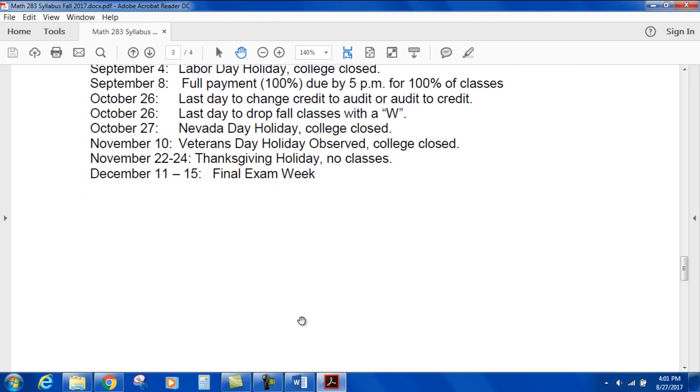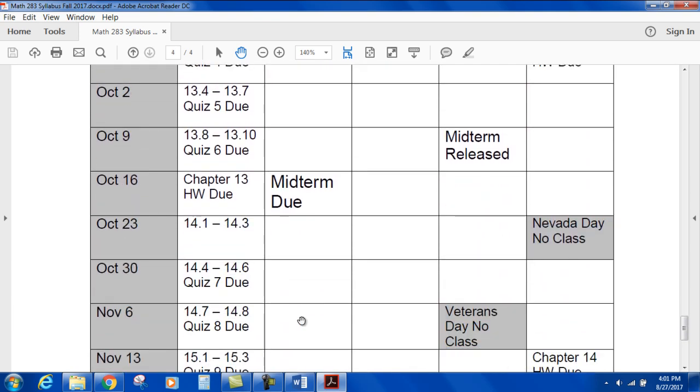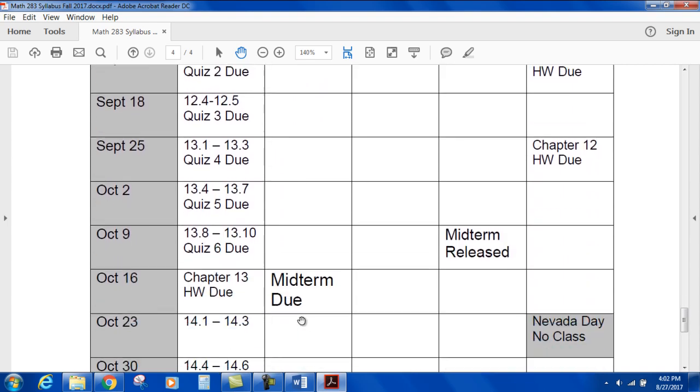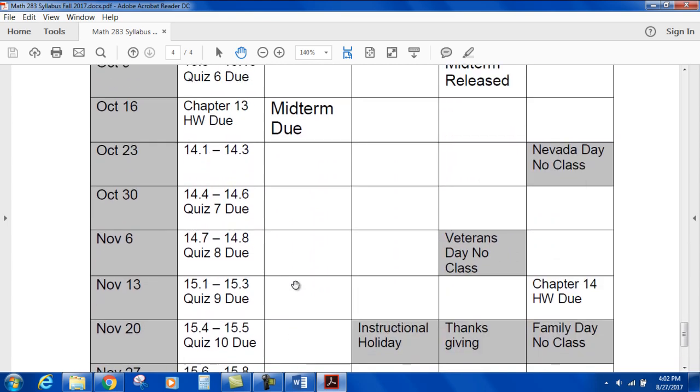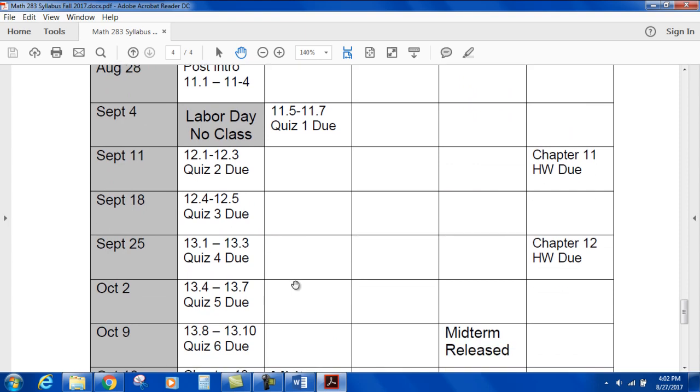There's a list of important dates, and here's our tentative schedule of what we're going to cover. So it is chapters 11, 12, 13, and then we have a midterm, 14 and 15. So we are covering quite a bit, and it's pretty heavy-duty stuff, so we need to stay on pace with this class. Okay, let me know if you have any questions, and I will see you